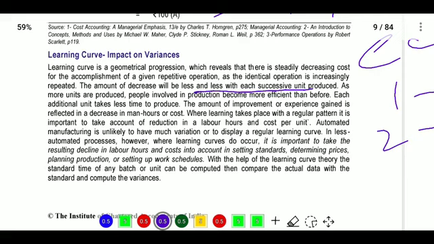Next, automated manufacturing is unlikely to have much variation or to display a regular learning curve. There may be automation used for this also. Next, it is important to know the resulting declining labor hours. Here what will decrease? Labor hours, and cost per unit will be reduced,